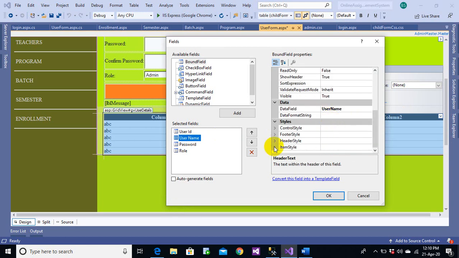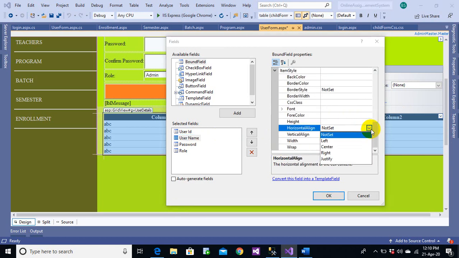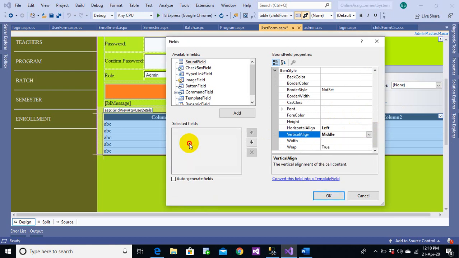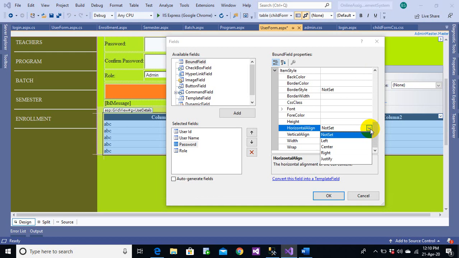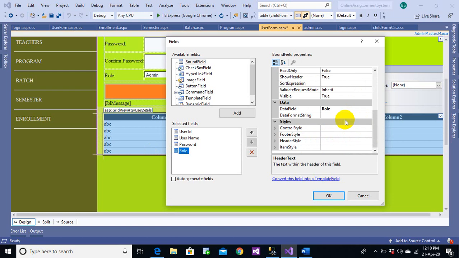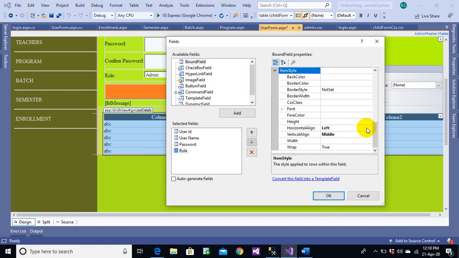This one also, item style left and middle, and this one too, left and middle. I think we have done this for all of them. Now click OK once you have done.